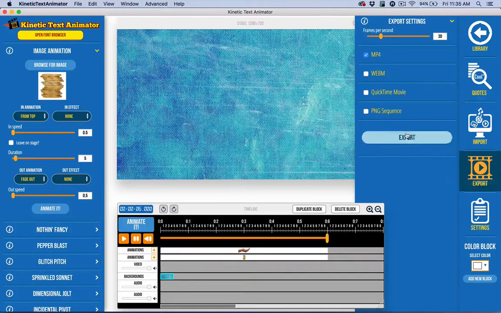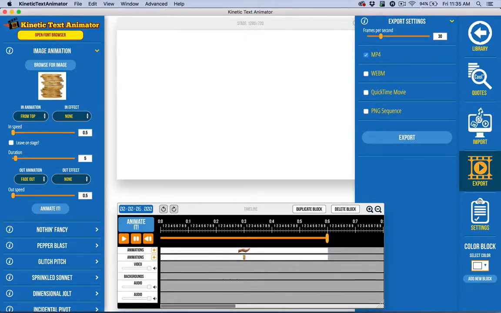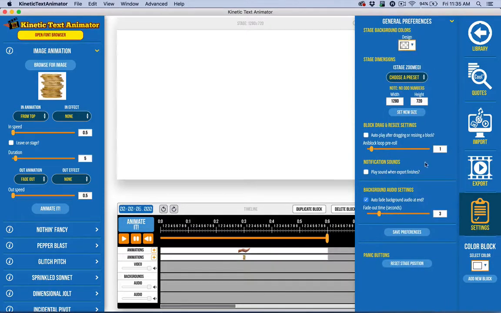So we're working on that, but QuickTime MOV is something that the video program or the previewer needs to be able to support in order to see that. If I take this out, delete this block here, and I go to settings and I have the transparent here,